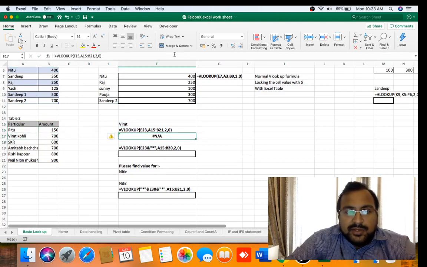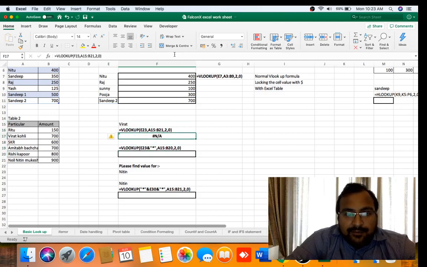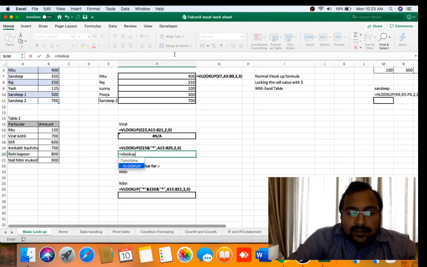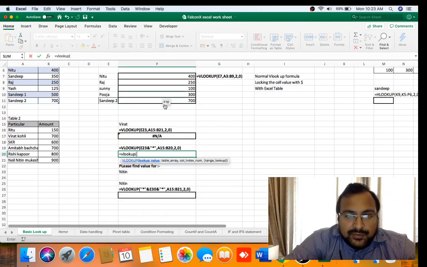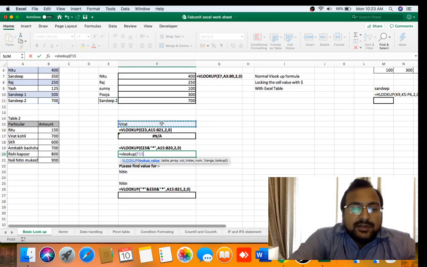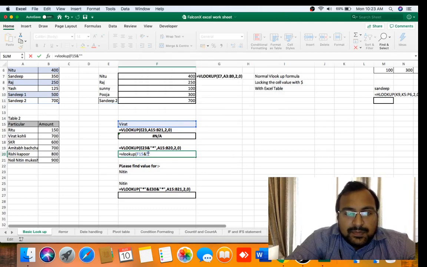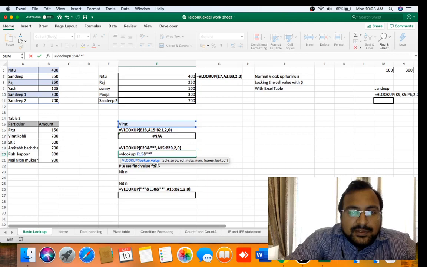So how can we do a VLOOKUP on the basis of the partial value we have? Here we will use a wildcard in Excel, and the formula goes like this: equal to VLOOKUP. First the Virat value we have, then we will use the and sign. We use the and sign because in Excel it stands for concatenation, and then in inverted commas we will use an asterisk.